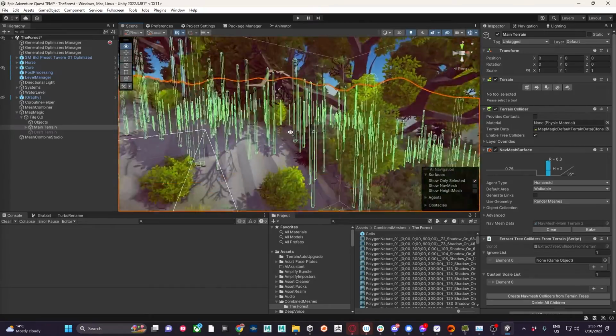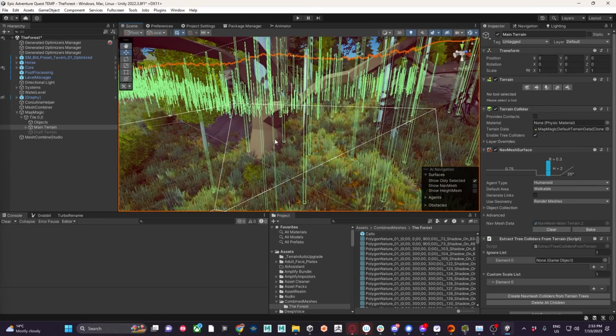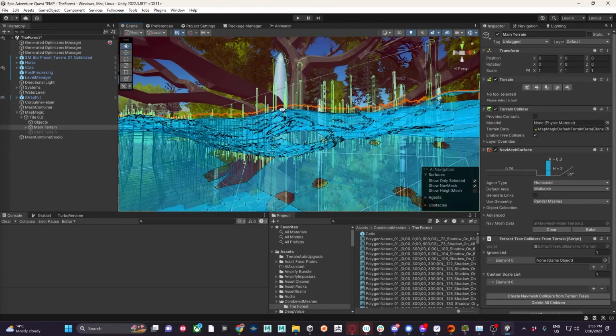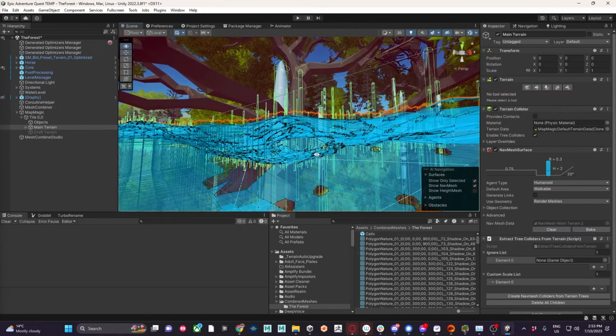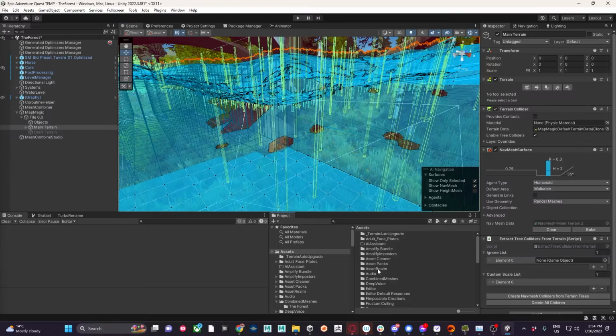Where this doesn't quite work is with larger trees, such as this guy here. If I turn on the Navmesh, you can see that the cutout is a bit bigger because his collision mesh is bigger. But using my node graph, I can override the scale of this tree. That's why I have this field here called custom scale list. If I just navigate to my tree prefab